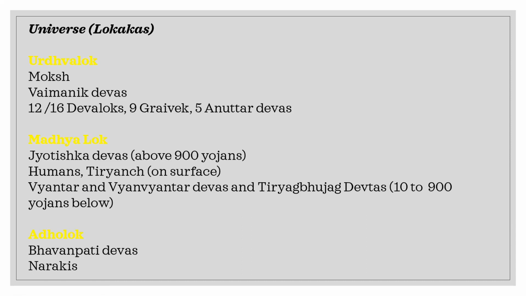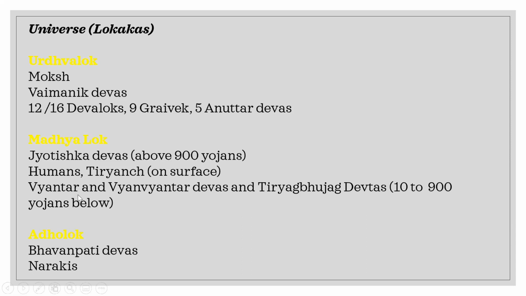So 900 yojans above the Swayambhudal Bhumi, you have got all the Jyotish Devtas. Now surrounding the Meru Parvat, you will have Asankhya, that is countless dweeps and samudras. But the first 2.5 dweeps and samudras are known as Adidvip. And there are 132 suns, that is Suryas, and 132 moons that revolve around the Meru Parvat in the Adidvip. And these are all known as Char Devtas, that is mobile Devtas. And after the Adidvip, you have got Asankhya dweeps and samudras, but all the suns and moons are stationary and they are known as Achar Jyotish Devtas.